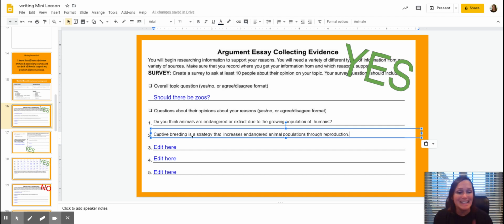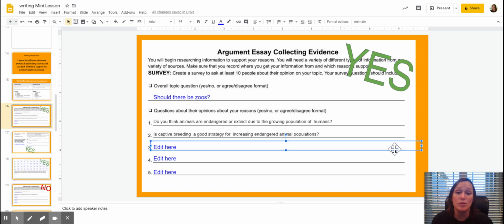I'm going to change it into a yes/no question. Captive breeding, I'm going to change it to, I jotted down some notes, is captive breeding a good strategy for increasing endangered animal populations? So you can see that as I write this question,